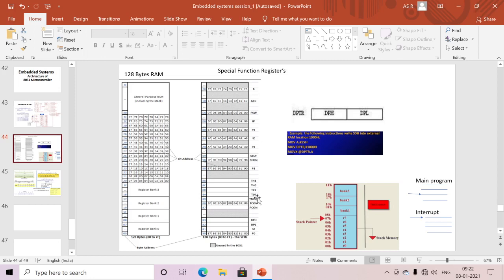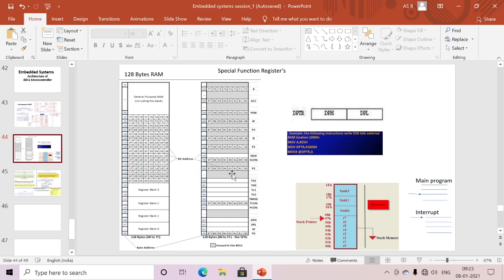Next is the TMOD register, for mode selection. We have four modes, and if I want to select a particular mode, we can use the TMOD register. We also have a special feature: if I want to operate these timers for counting applications or timing applications, we select that using the TMOD register. Here TL0 and TH0 are my Timer 0, and TL1 and TH1 are Timer 1. Each timer is 16 bit, that's why we have TL and TH. Totally, we have two 16-bit timers.